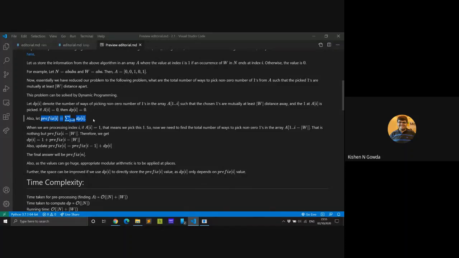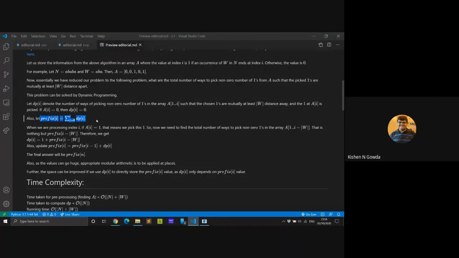What is prefix of I? DP of I had this additional constraint that the ith one is picked up. But prefix of I is taking a summation over all of these values. That is, for all j from 1 to I, we are finding the total number of ways to pick up non-zero number of ones such that the jth one is picked up.